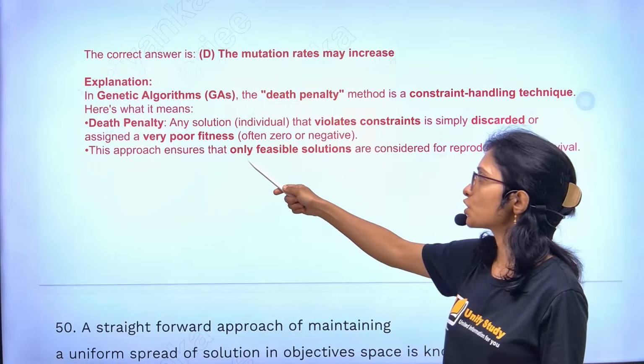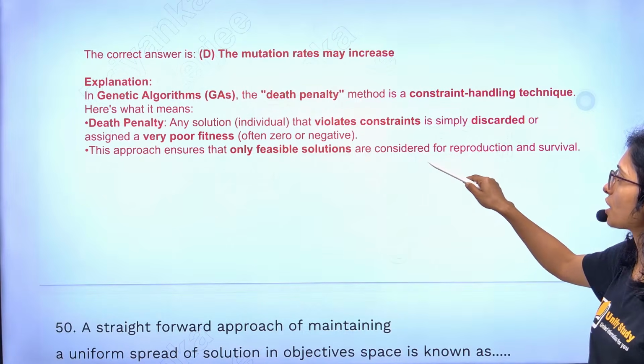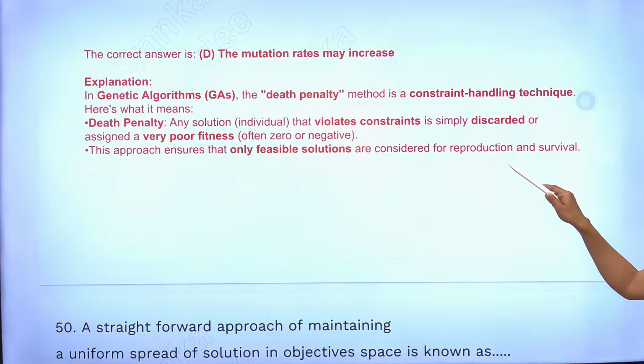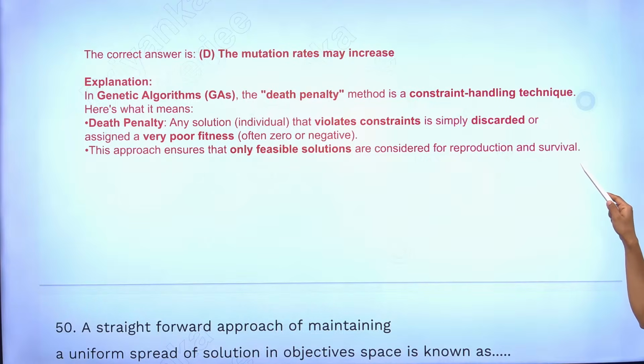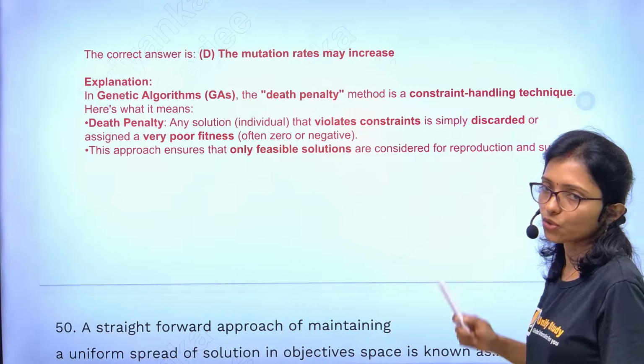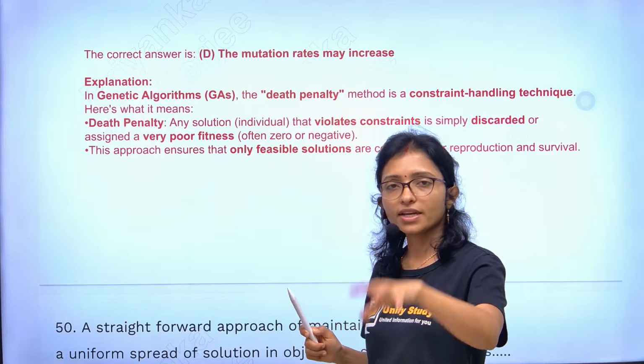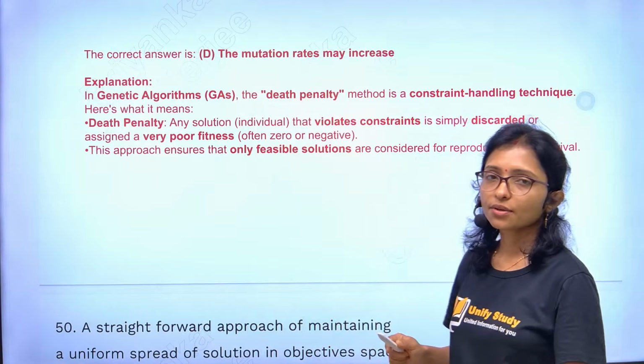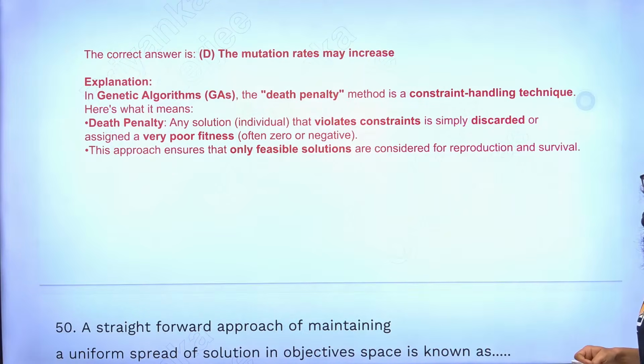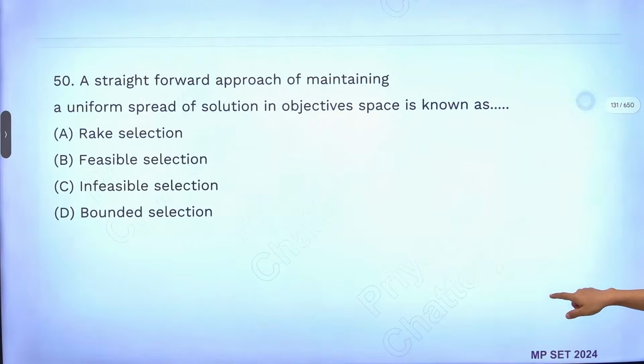This approach ensures that only feasible solutions are considered for reproduction and survival of the fittest theory. Where your fitness is very less, just discard it. Means it is going to die. Now next,